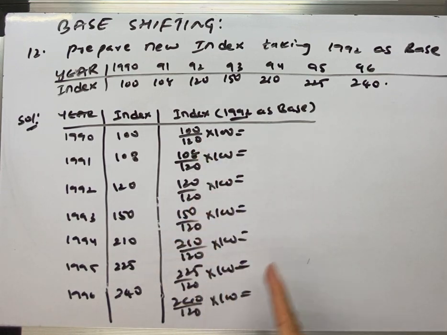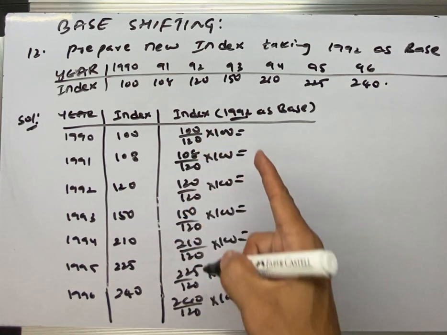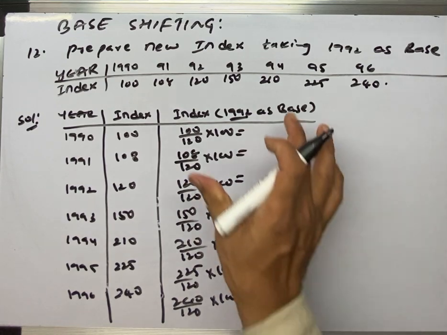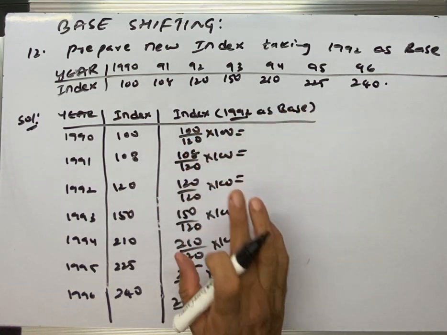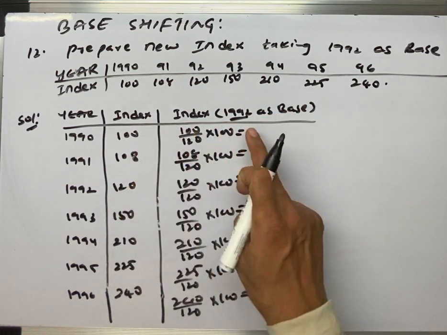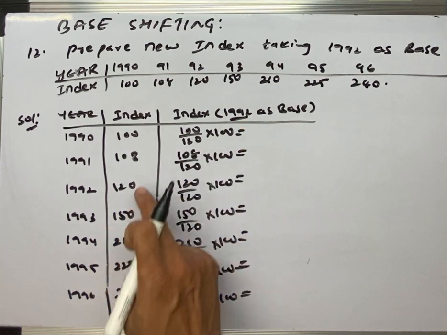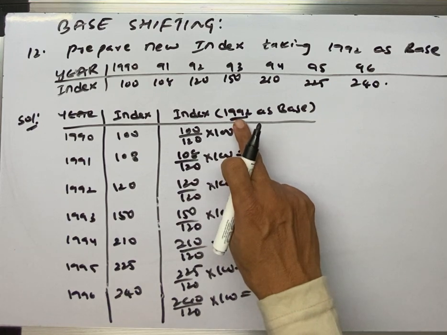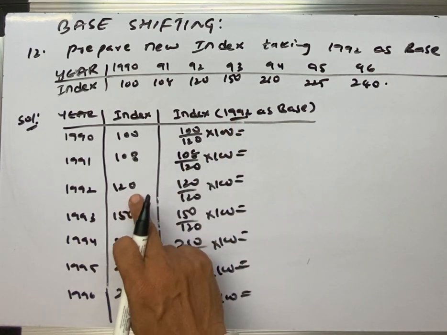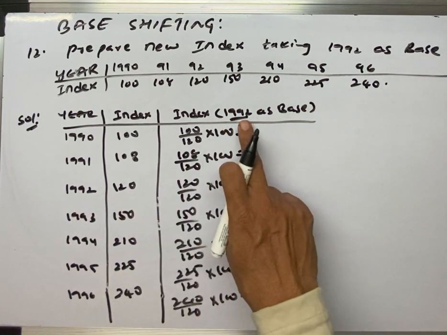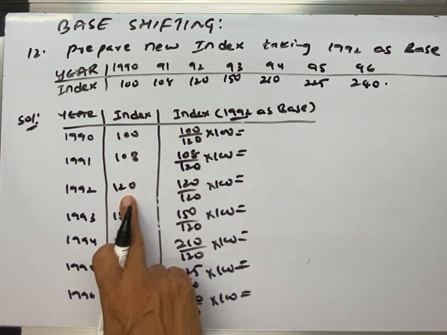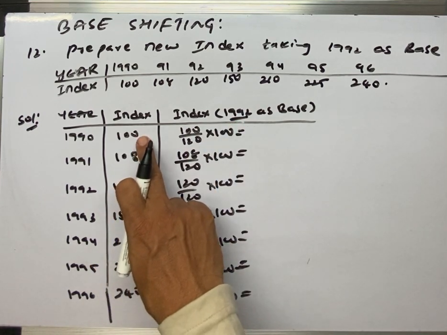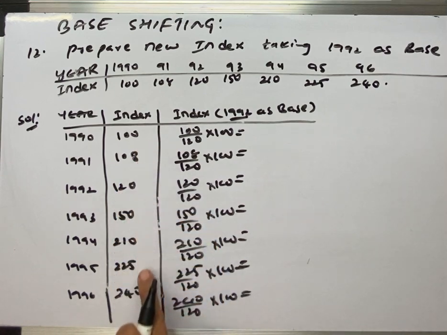See, this one you can do as working separately and write just the values here, or in this column only, take some big column, then take all the values. Suppose if the base year is 93, that time 150 you should divide into all values and multiply by 100. Now because 1992 is base year, its value is 120. So index value 120 should divide all the values and multiply them by 100.